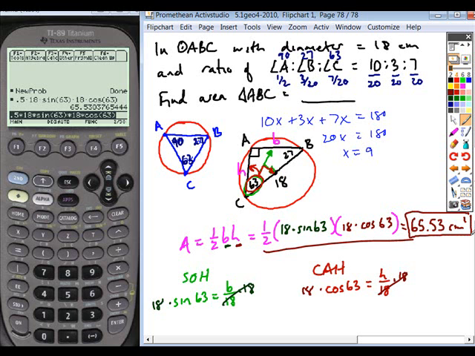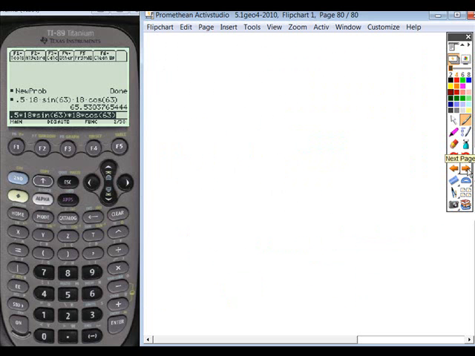All right. The last problem, and this is